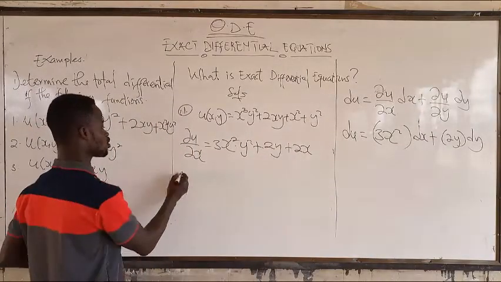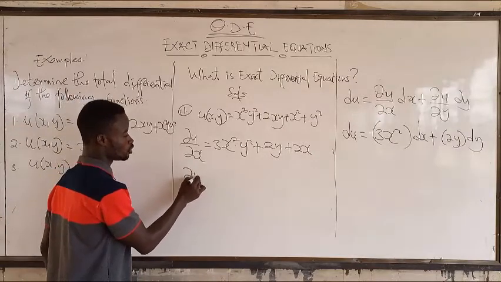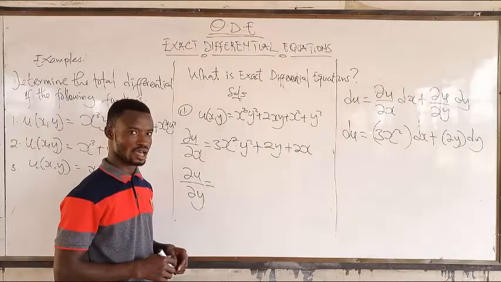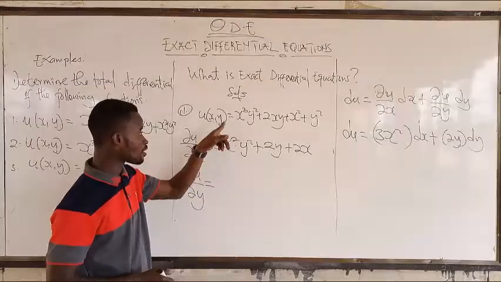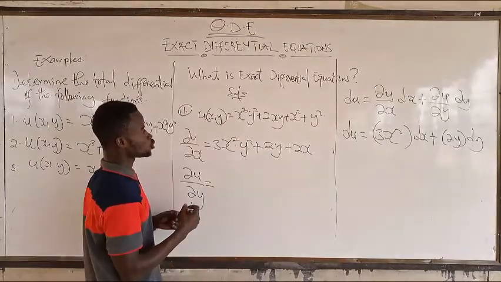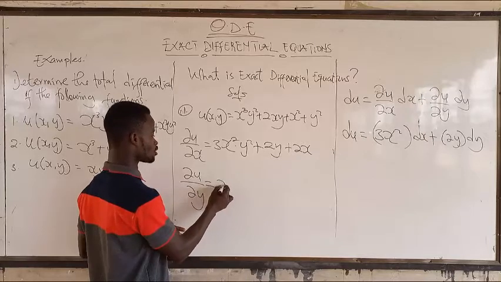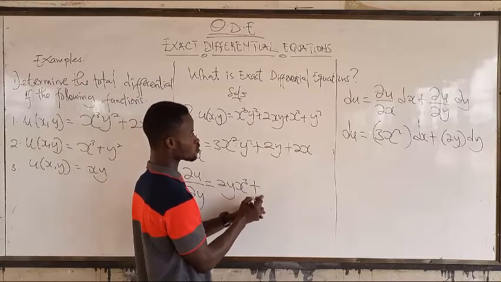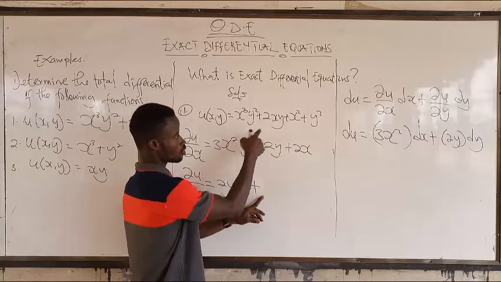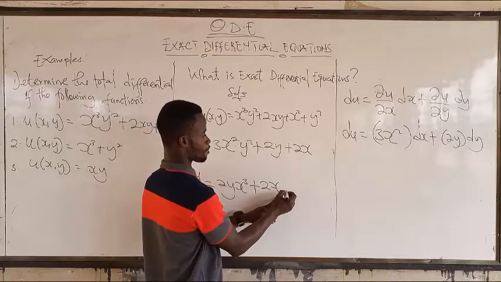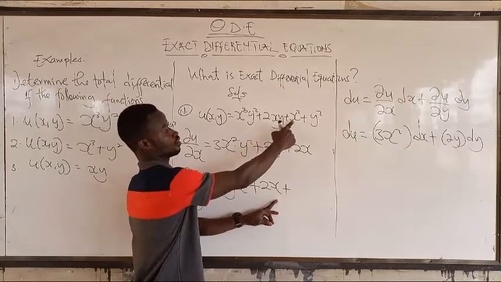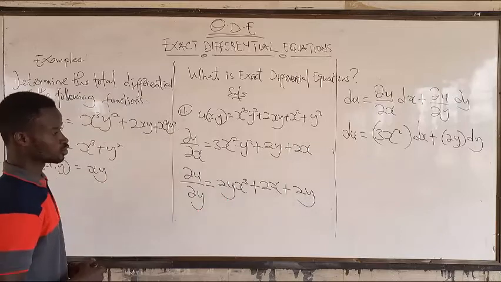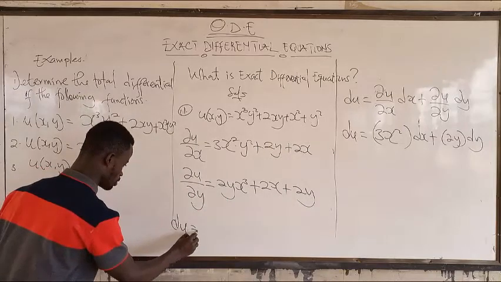Alright. Then we go for the partial derivative of u with respect to y. Not this one, but from the question. Treat x as a constant. So you get 2y x to the power 3 plus what? So 2x plus 0, 2y. Very good. So finally we get du to be equal to